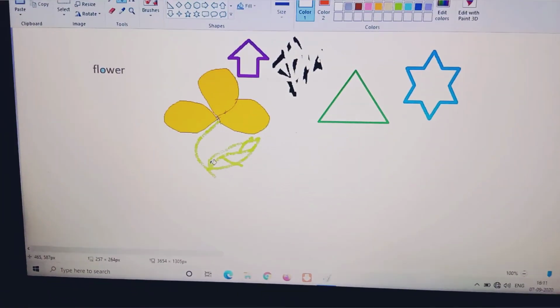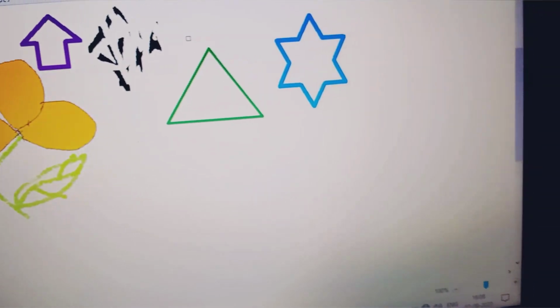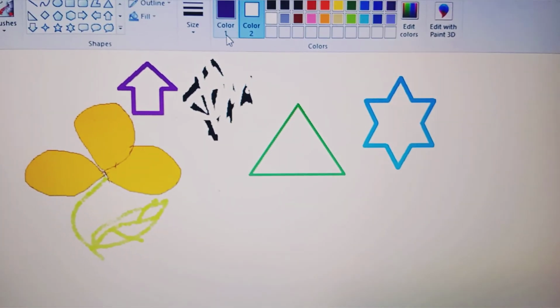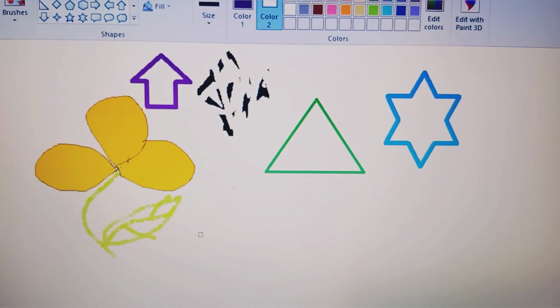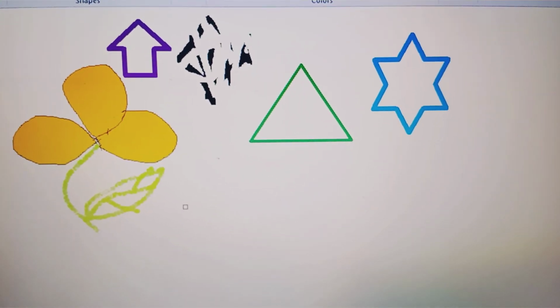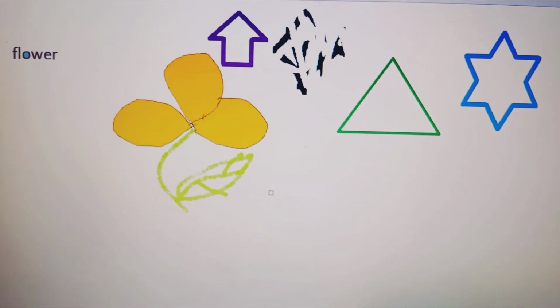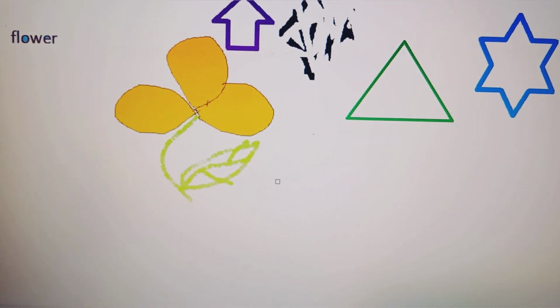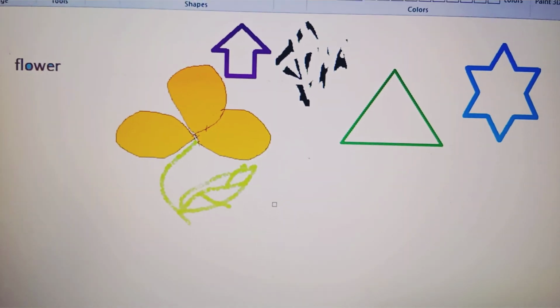Okay, so I hope all of you understood the uses of the tools that I taught today. This is the difference between color 1 and color 2. Just go through it, learn properly, practice. Do practice at your home, and I hope all of you get clear. If you have any doubt, then please comment in this video. Otherwise, just contact me. I will make your doubts clear.